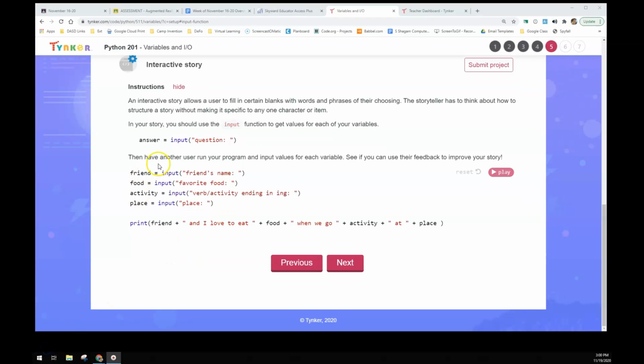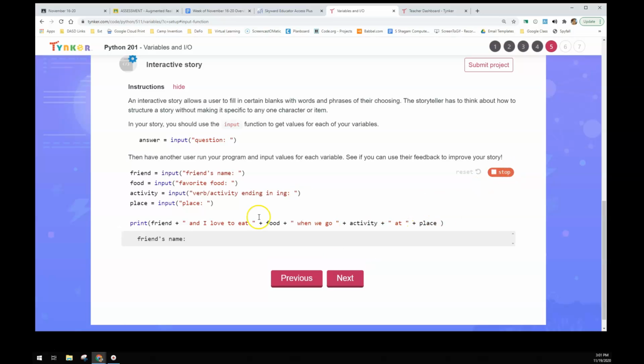All right, so I built a little MadLib kind of thing here. It says friend, and I'm doing input, your friend's name, food, input, favorite food, activity, input, verb, or an activity ending in ing, otherwise the sentence gets all weird. Place, input a place, and then it says print friend, and I love to eat food when we go, whatever, at, wherever. So if I hit play, it's going to ask me, so I'm going to say friend's name, I'll do Stacy again,